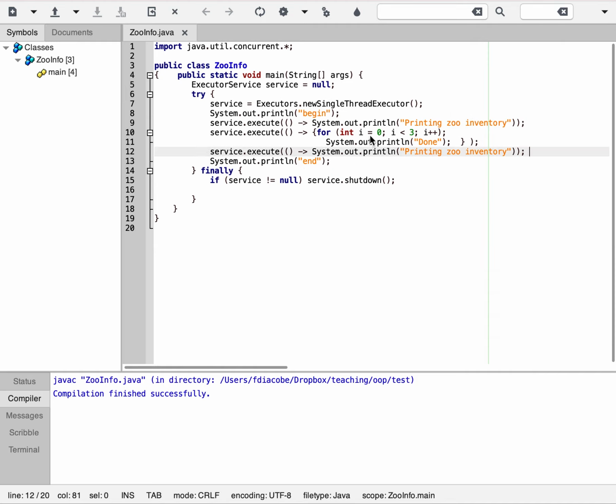Now, interesting things to note here are the following. This printed begin, end, and then finally shut down the service. That is the main thread. So what happens is, say for example, I call shutdown, if shutdown had arrived before this thread had been executed. Well,